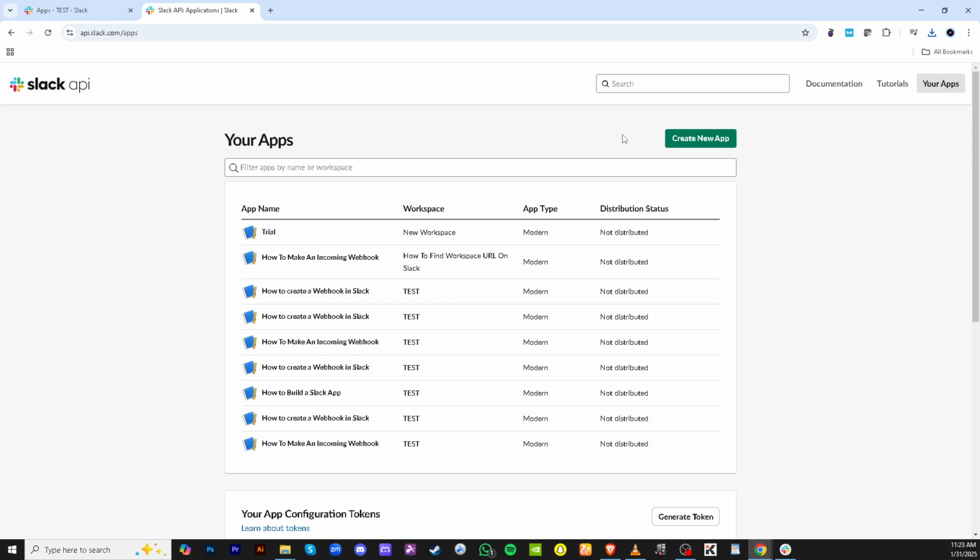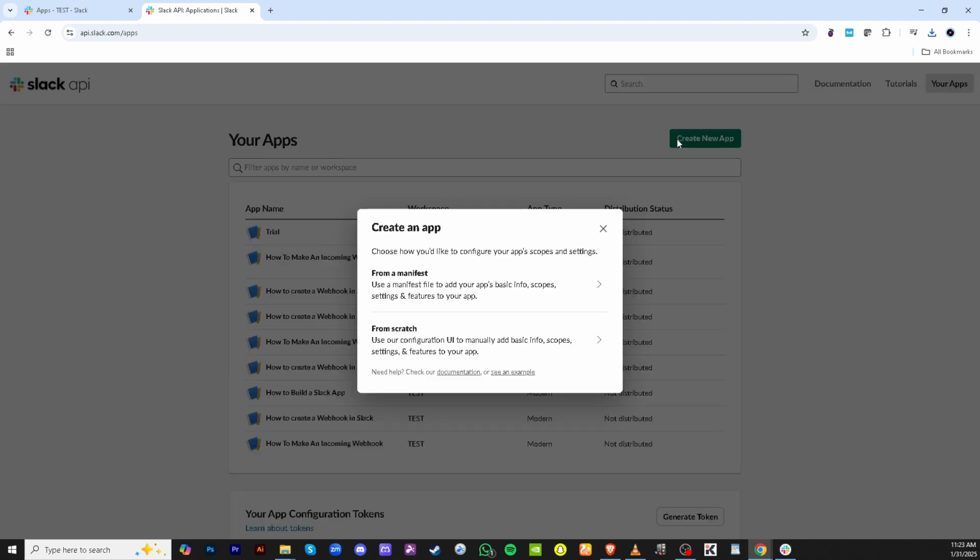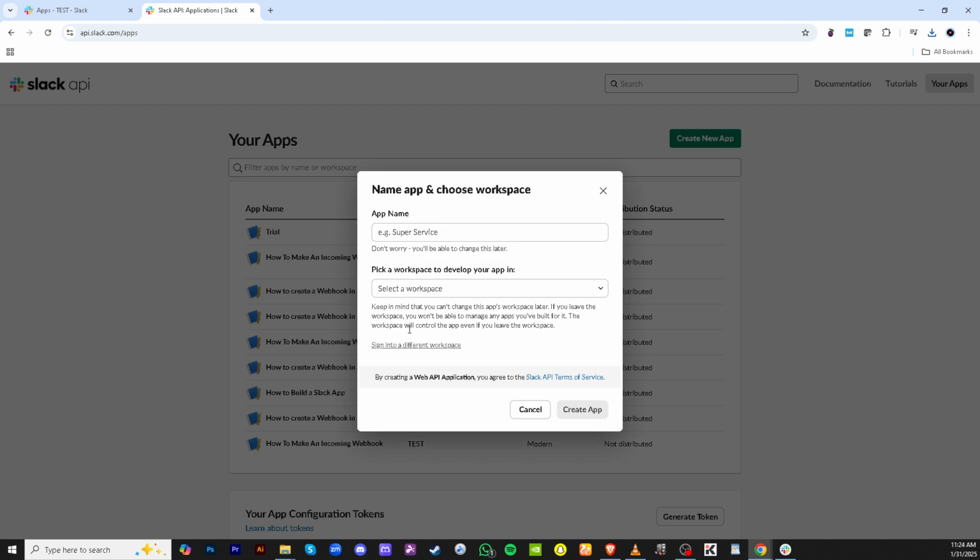Once you're on the page, look for the button that says Create New App. This is your starting point. Clicking this will prompt you to begin the setup of your new Slack application. You should see the option that allows you to use their configuration UI. This user interface is designed to help you add the basic information such as the app's scopes, settings, and features